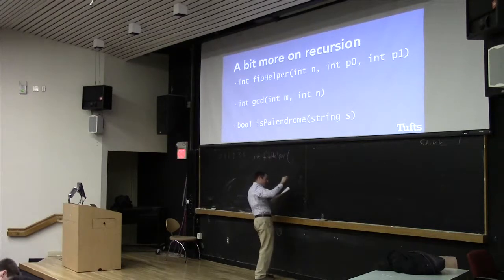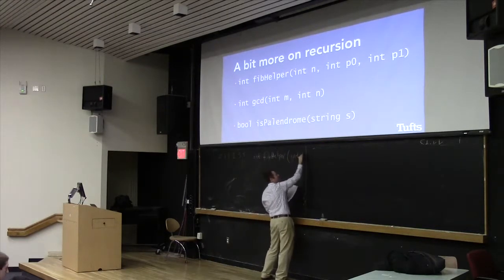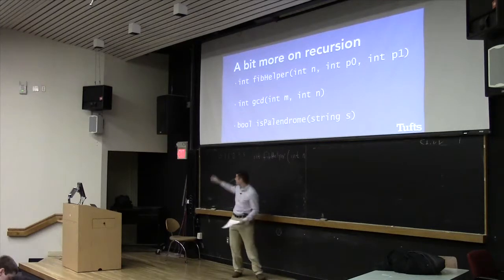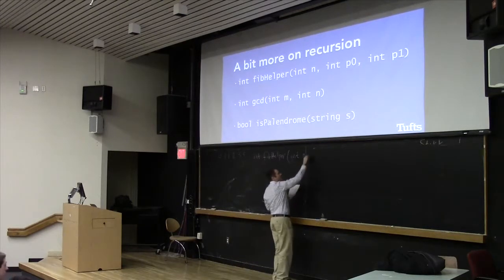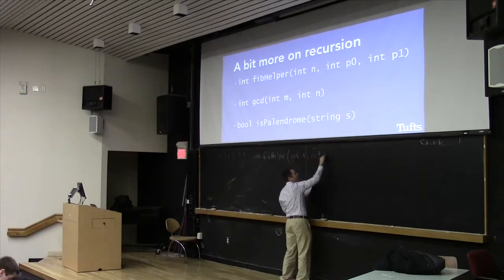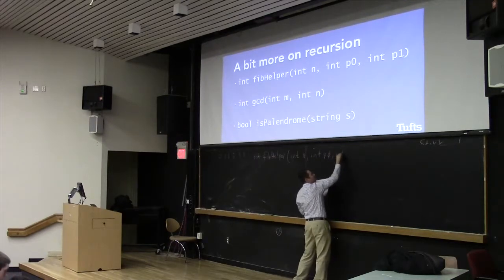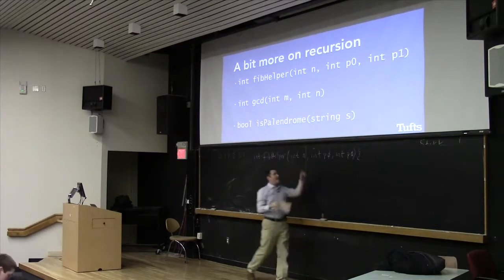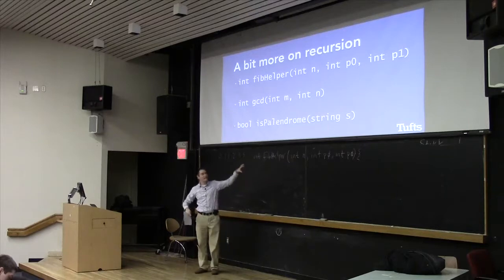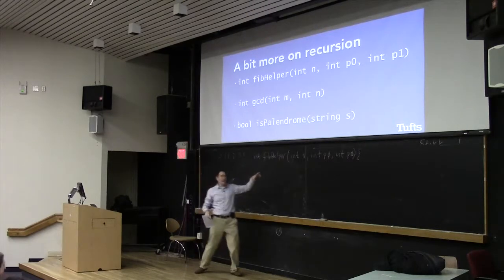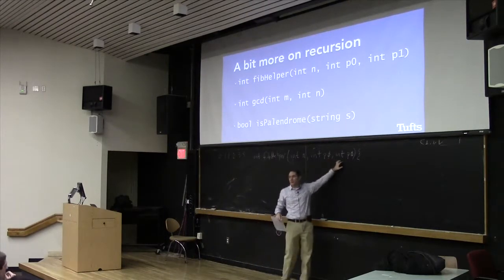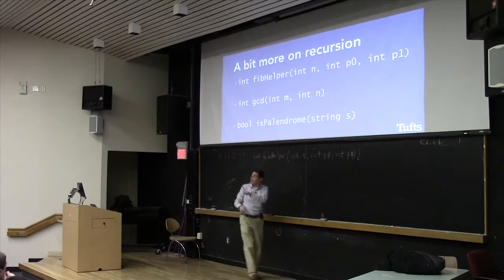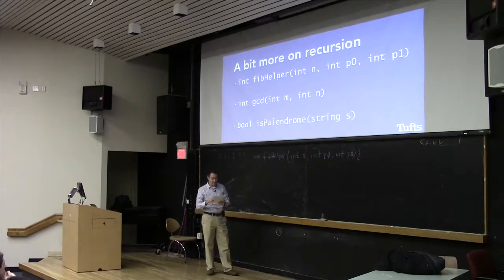It's going to have also an integer that you're looking for the Fibonacci number of. And it's also going to have 2 other parameters. We'll call them P0 and P1. Those are the 2 where we're going to calculate the Fibonacci number such that they end up in P0 and P1. And that's what we're going to pass along. So we only need to do one recursive call at a time. So here's what it looks like.